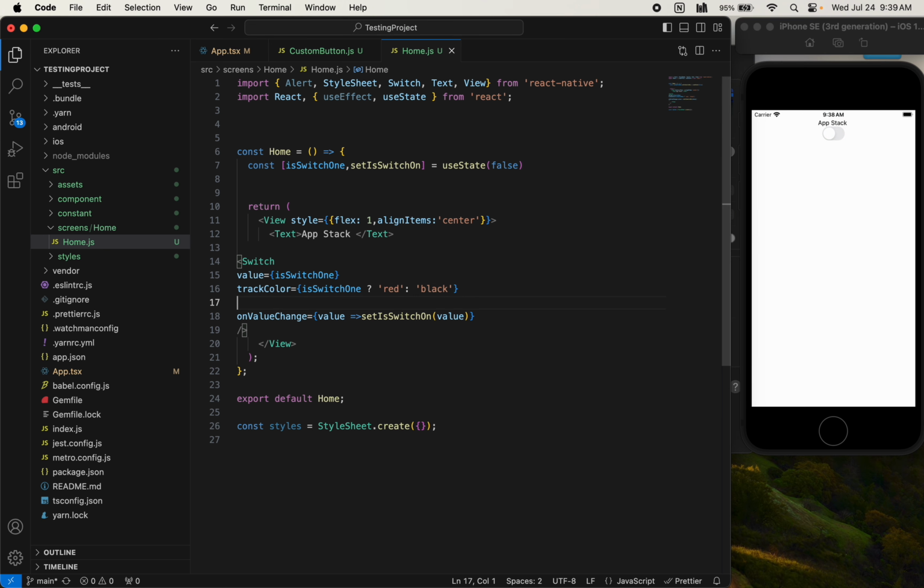For iOS, we have iOS background color, so it can change the iOS background color. We have for iOS only iOS background color. See,